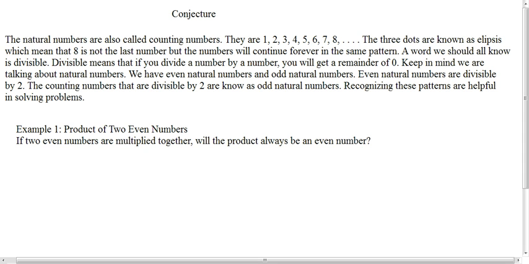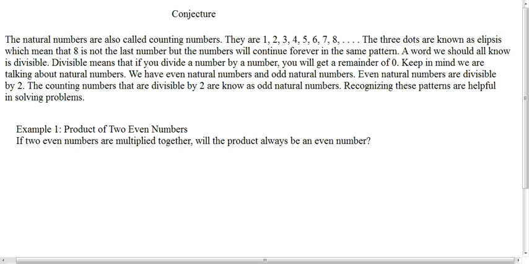What I want to do is set the stage for defining conjecture. Let's talk about natural numbers first, since we've already discussed that that is the first set in the pecking order of determining this real number system. Let's look at some natural numbers and some concepts of how we can determine what a conjecture really is. So we know that natural numbers are counting numbers, 1, 2, 3, 4, 5, 6, 7, and